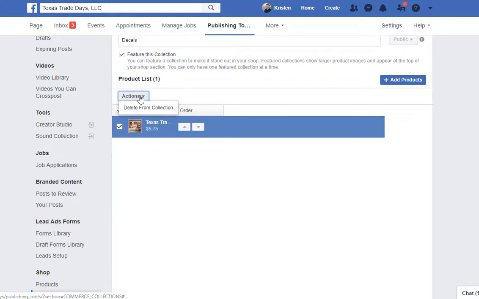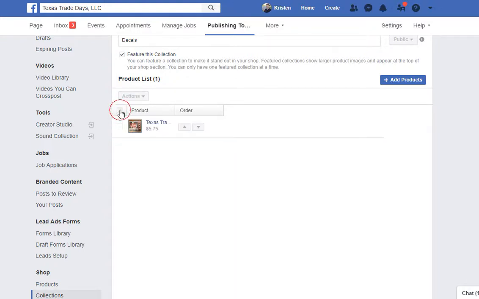Then actions will be available, and then you can click Delete from Collection, or you can individually select each product's checkbox. Since I only have one, when I select the single one, it will also select the check all